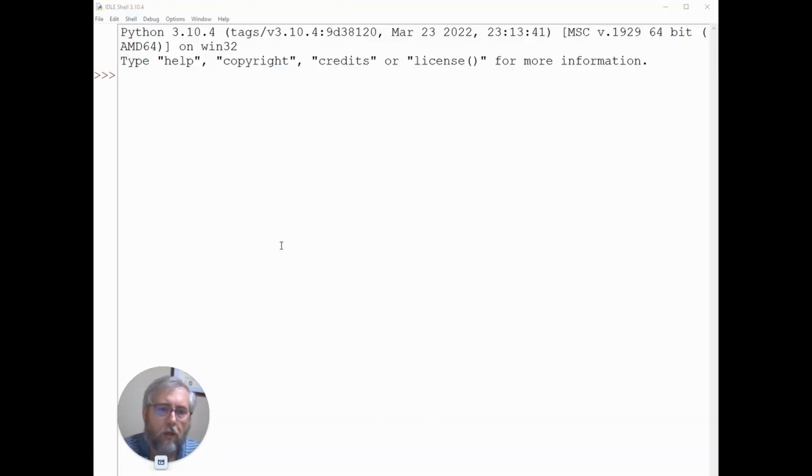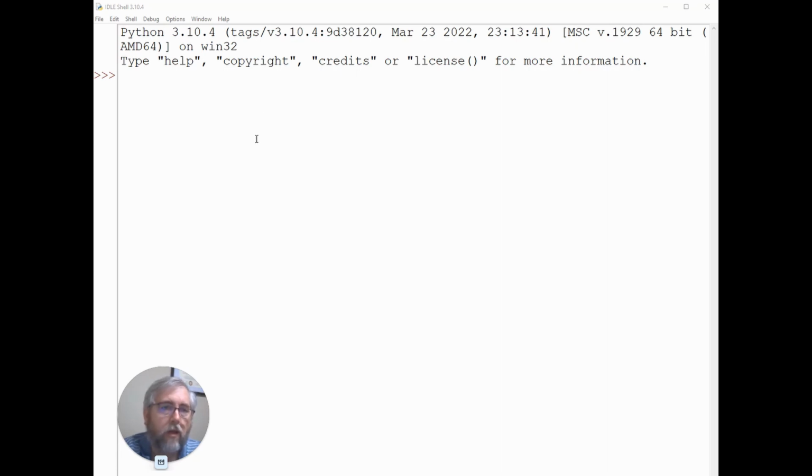Now, IDLE is short for the Integrated Development and Learning Environment. And I just wanted to point out this is what we'll be utilizing as we move forward in this course. So before we jump immediately into here, as you open up your IDLE or shell, you'll notice that sometimes these fonts are very small, but there is a way that you can increase those font sizes